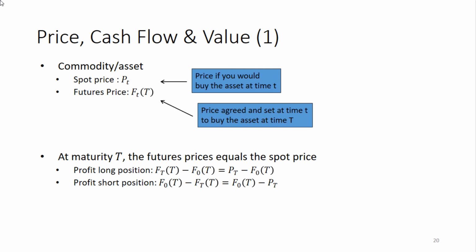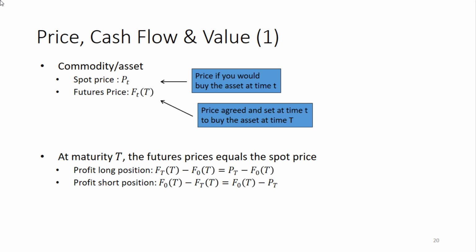So what I will do in the next couple of slides, because I believe that's really a very important phenomenon that you need to have a deep understanding of, is that whenever we talk about futures and forward contracts, there are actually 3 relevant things that could be easily confused. A futures contract could have a price, there could be a cash flow associated with it, and the futures contract could have a value. The same applies to a forward contract: it could have a price, there could be a cash flow, and there could be a value.